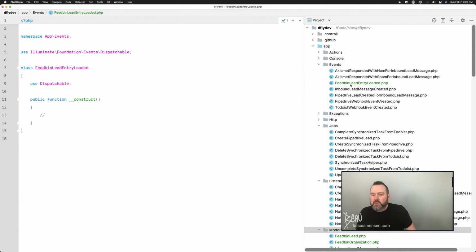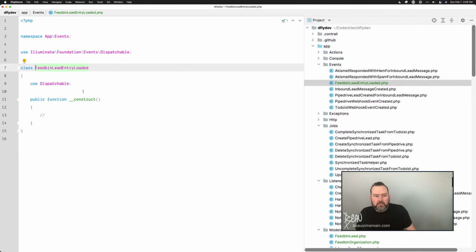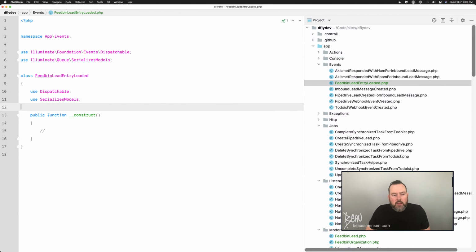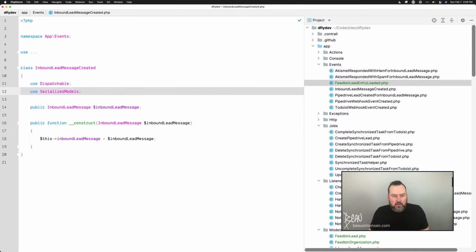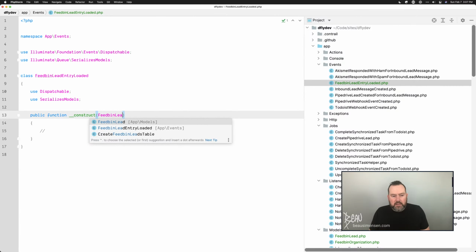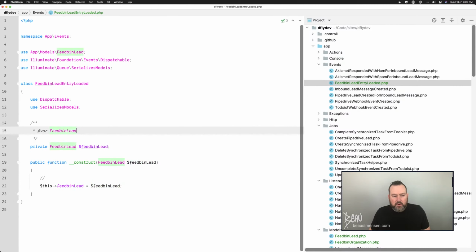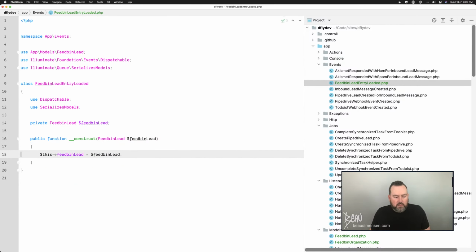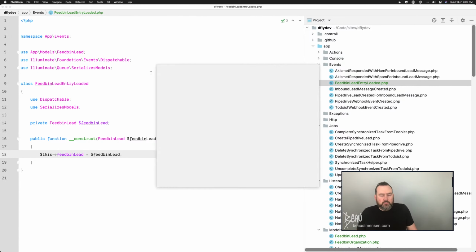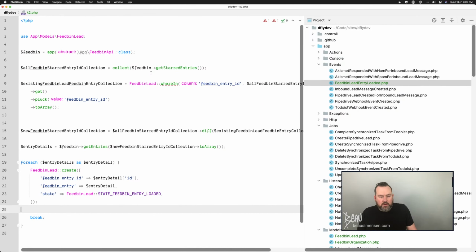And how are these going to be different than some? Dispatchable serializes model. I think I'm going to use that. But it's already dispatchable, so that's good. And then we're going to add the actual model here, so we'll do Feedbin lead, initialize these properties. And so in K2, what we're going to do now is